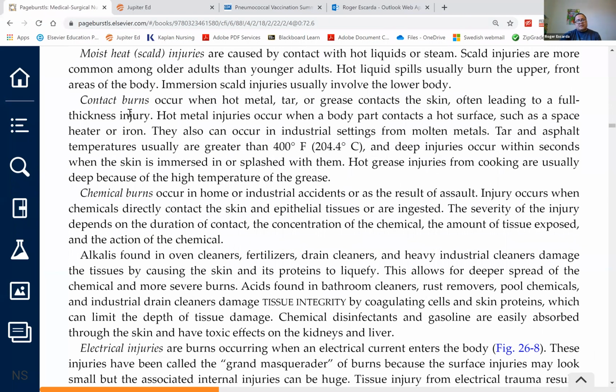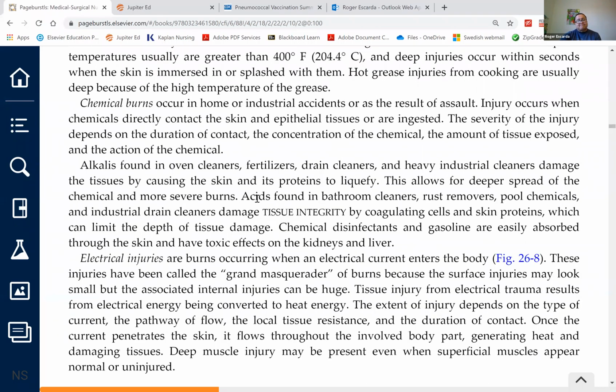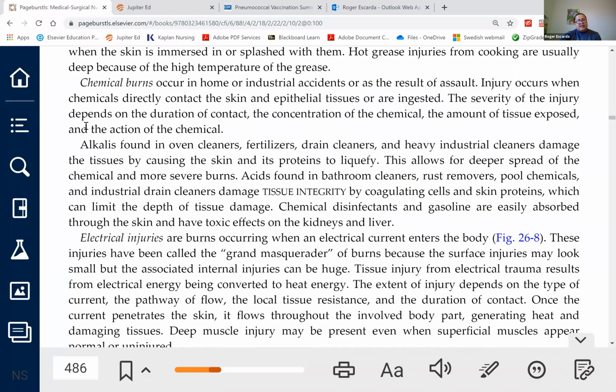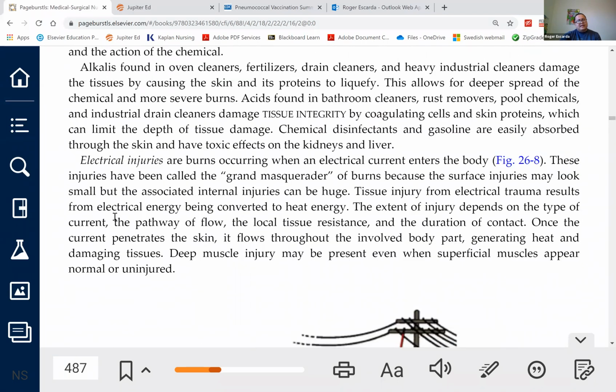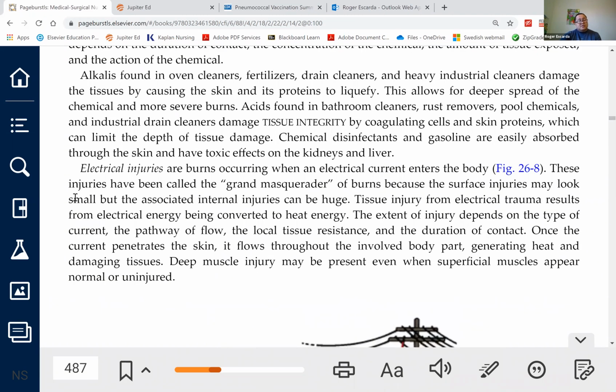Chemical burns: there are two kinds of chemicals, acids and alkali. Either one can cause burns. Acids from bathroom cleaners, and we also have alkali-based ones like Drano, for instance. Okay, so these chemicals can burn. And then we have electrical injuries. This type of burn will have the least amount of damage to the skin. Most of the damage caused from electrical injuries is to the vital organs, or to any organ for that matter. You'll only see probably one or two wounds after an electrical burn, because you'll have an entry and an exit